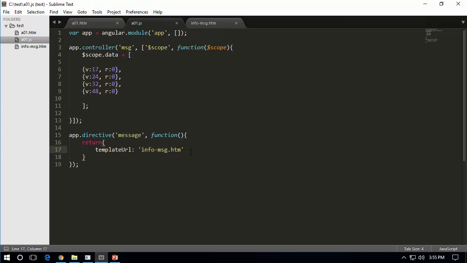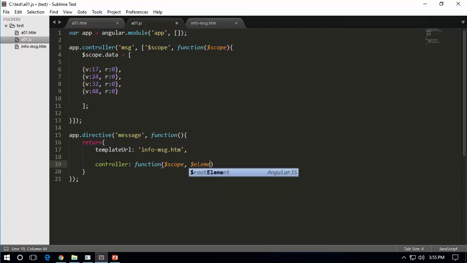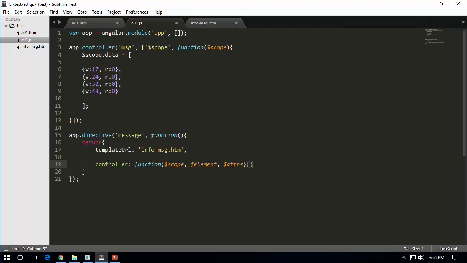Of course, I still need to define buttonClick, so let me go to my message, and here I can have the controller defined with my own buttonClick event or method. I am going to say function where I have access to scope, element, and attributes. Of course, not all of those are compulsory. In this case, I am using only scope, so I just wanted to make use of it. Scope.buttonClick equal to function,